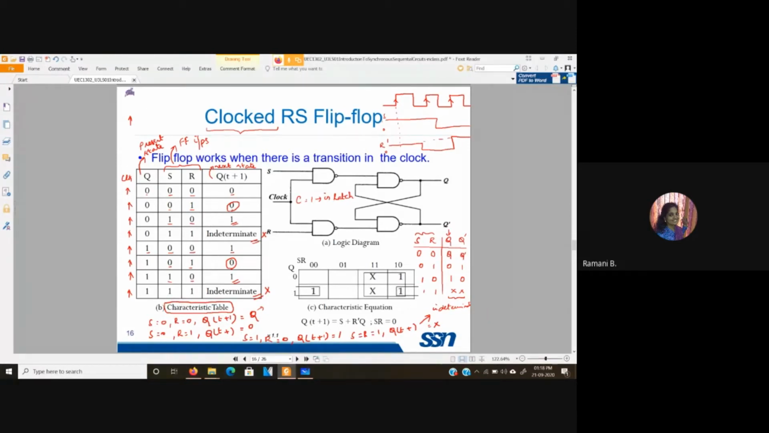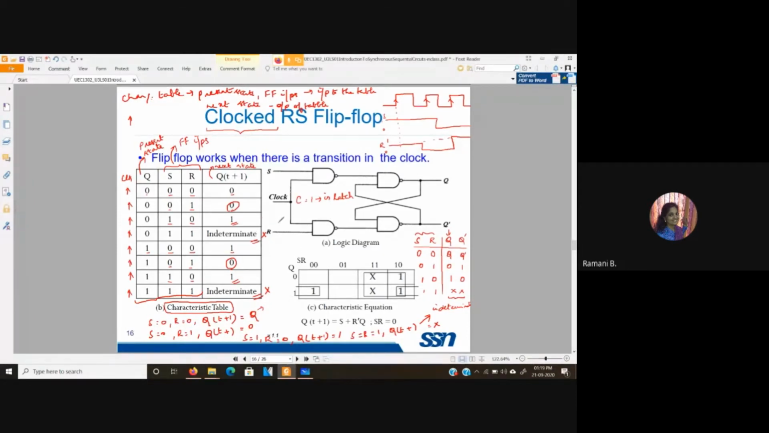So this characteristic table has present state and flip-flop inputs as the inputs to the table. So these three are the input parameters and next state is the output parameter of that table. Okay. These are inputs to the table. Okay, now with respect to this, we find the equation of the flip-flop, that is